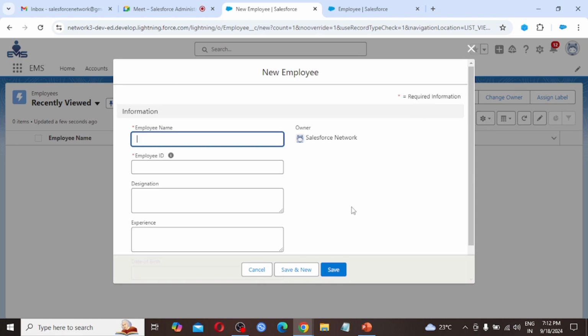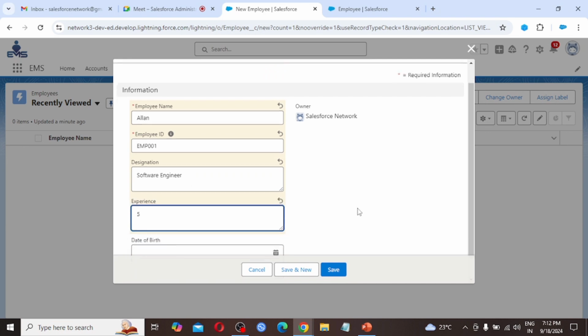Also we are going to create a couple of records. For employee name, here I am providing Alan. Employee ID I am providing EMP001. Designation, software engineer. Experience, 5 years of experience.